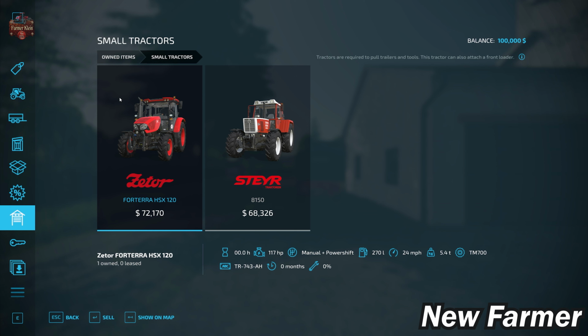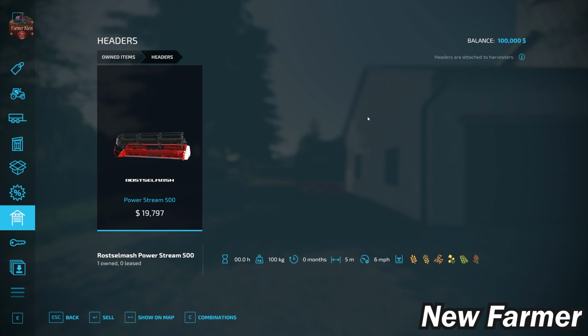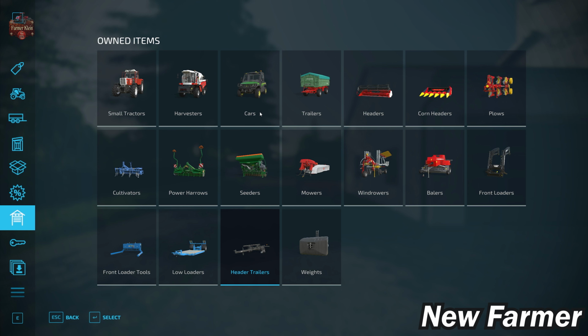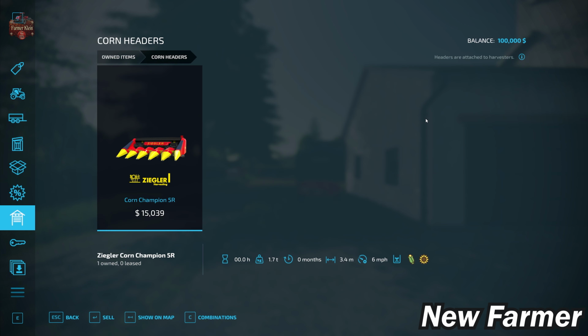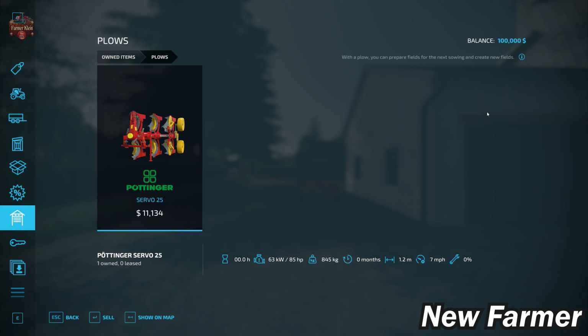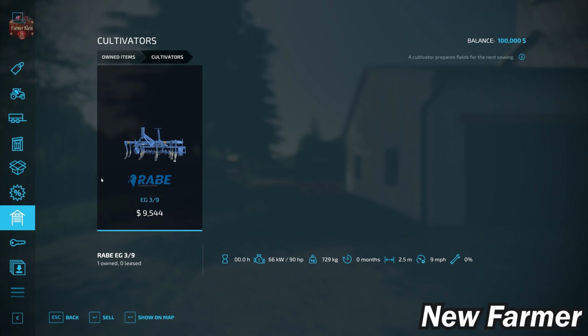We start out with the Zetor 4 Terra HSX 120 small tractor, as well as the Steyr 8150. We have the Nova 330 harvester that is paired up with the PowerStream 500 header and the Nardi N40B header trailer. We've got our John Deere Gator side by side, as well as the Welger DK115 trailer. We have a Corn Champion 5-row corn header for our harvester, as well as the Pottinger servo plow, the Rabe